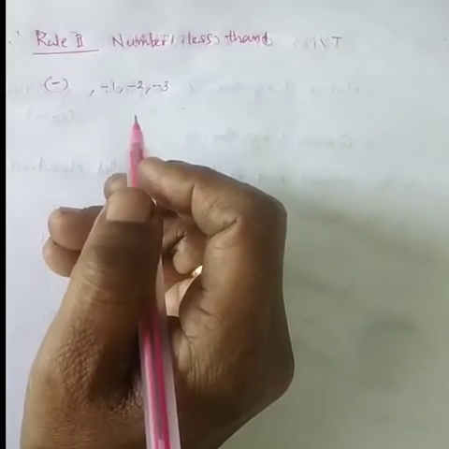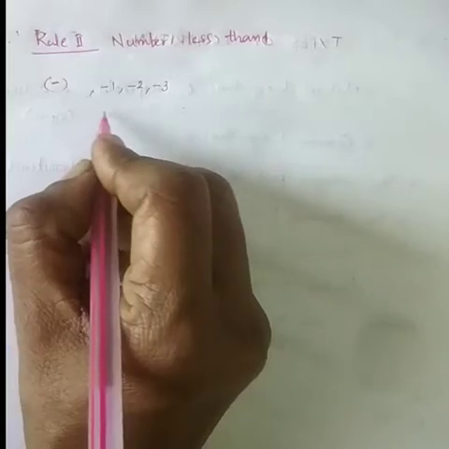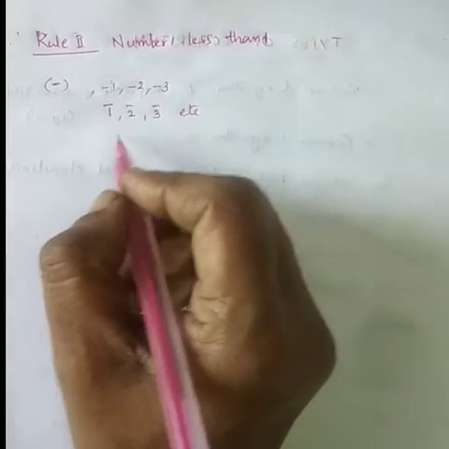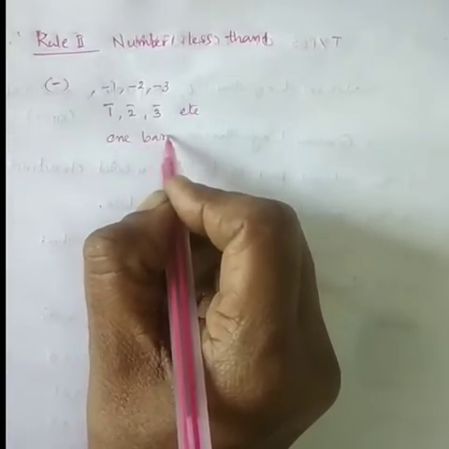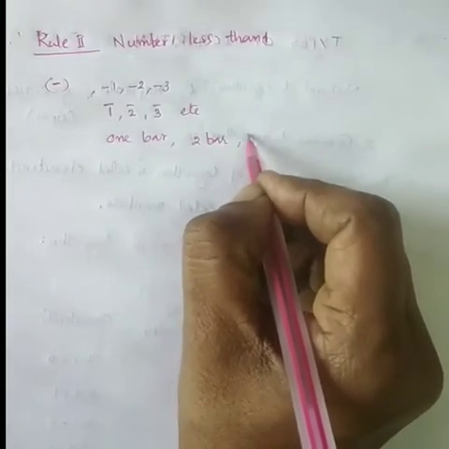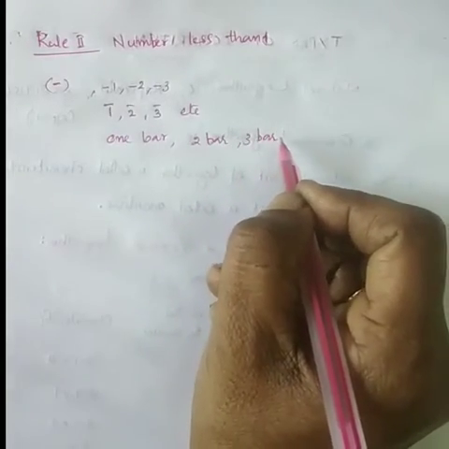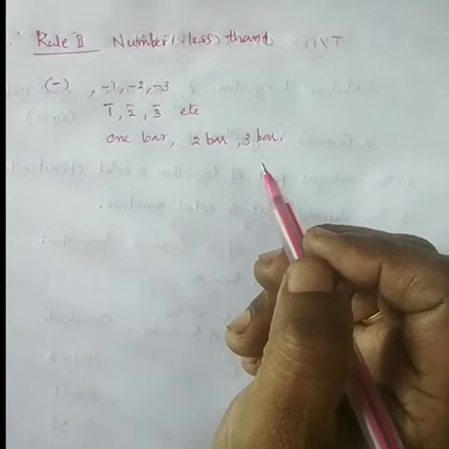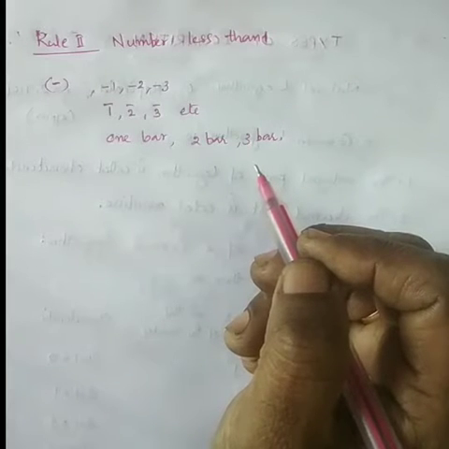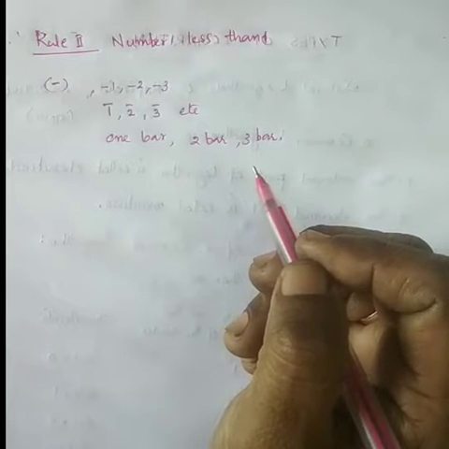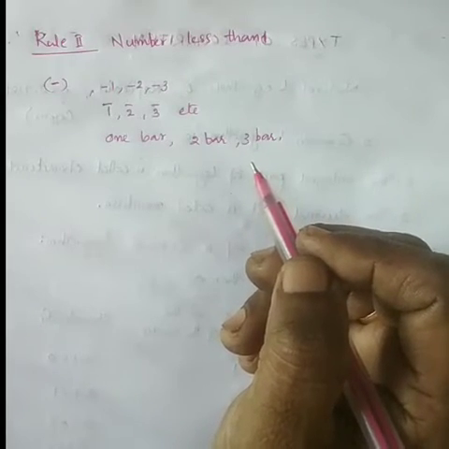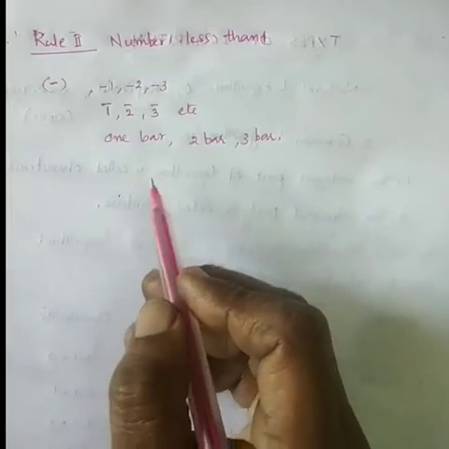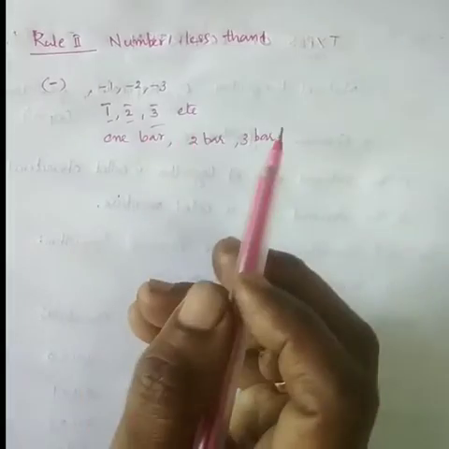These are negative characteristics, which are written with a bar over the number and read as 1 bar, 2 bar, 3 bar, etc. Okay. So once again, if the positive number begins with a decimal point, the characteristic of its common logarithm is negative and is numerically 1 greater than the number of zeros immediately after the decimal point. The negative characteristics are written like this: 1 bar, 2 bar, 3 bar, etc.